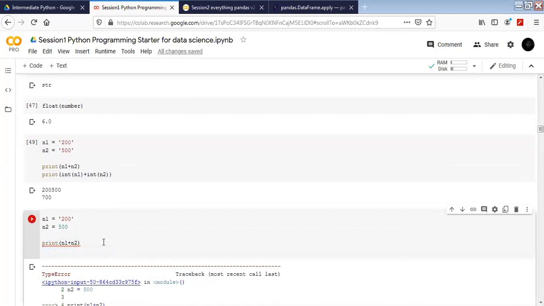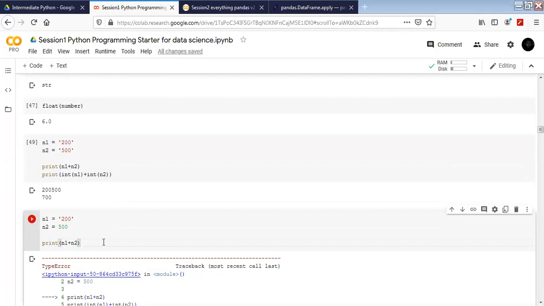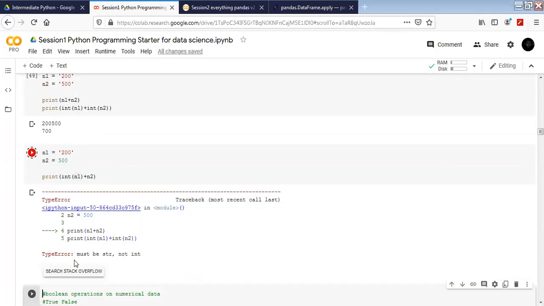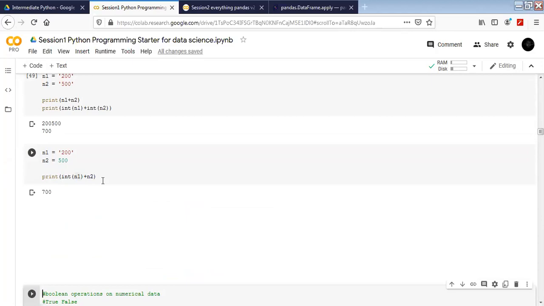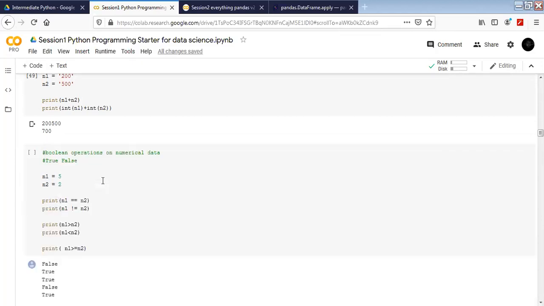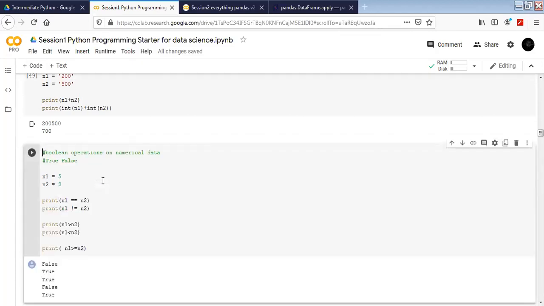Why? Because both the types were different. To solve this, we identify that this is a string type, we need to convert it into an integer, and then we will be able to perform the operation here. Both data types should be the same to perform the operation. That's why we use typecasting, to cast it into a different data type where it's useful for us and we can perform the operation that we want.